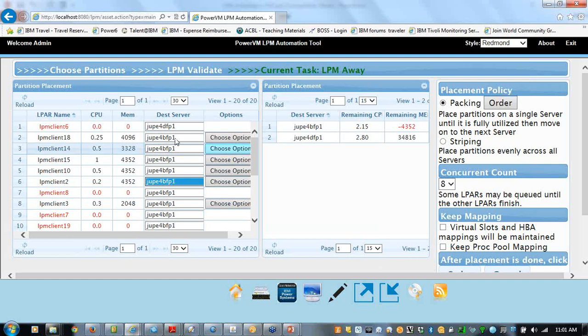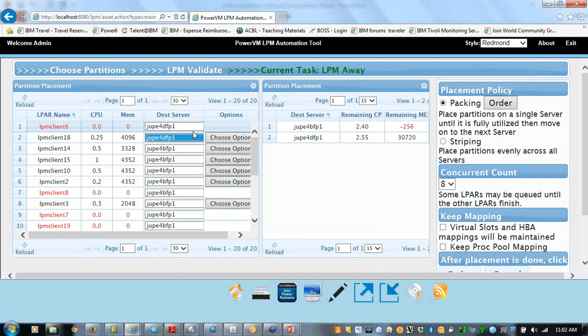For example, you know that LPM Client 18 is part of an HA cluster, and its cluster mate's already on 4 Bravo, so you don't want it on there, you'll put it on 4 Delta. This tool does not have any cluster-aware logic in it. You'll want to have your experienced admins make sure you don't accidentally place 2 cluster nodes on the same server, but this is how you can change it.